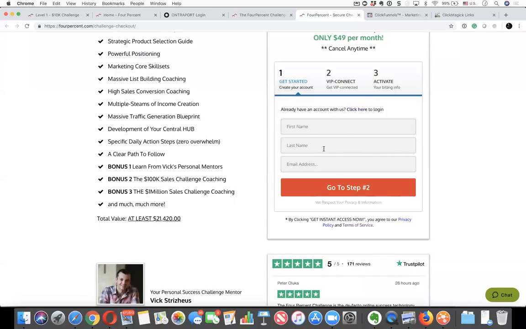So you'll be able to connect your GetResponse through API in the 4% back office, so that as soon as they go to step 2, that information will be pushed over to your autoresponder list in GetResponse, so that you'll be able to see, okay, here's my list of prospects, opt-ins,